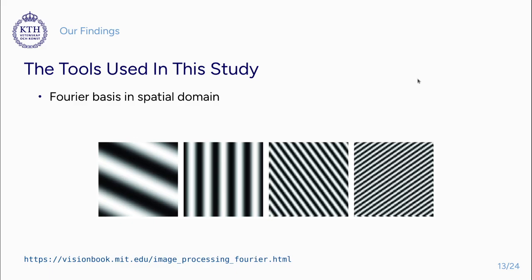Okay, now let's go over our findings in more detail. We want to understand what those mean. In order to understand these findings, we need two tools that I'm going to go over here. The first thing we need is called Fourier basis,